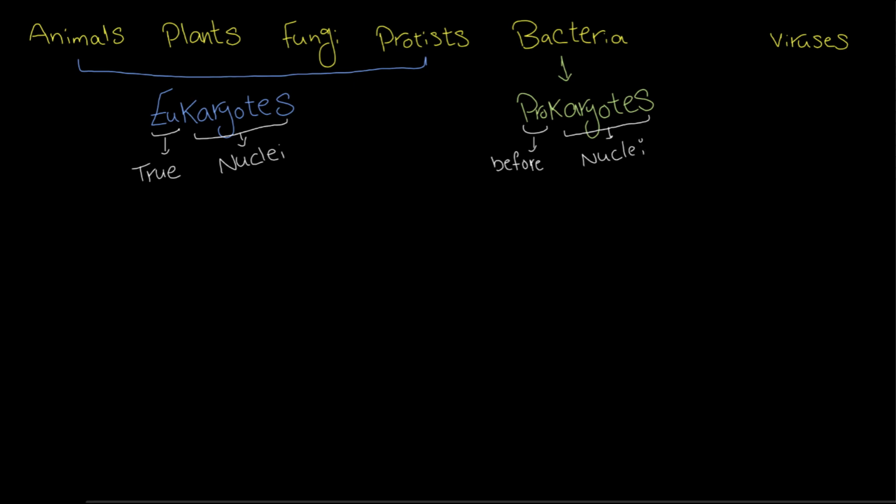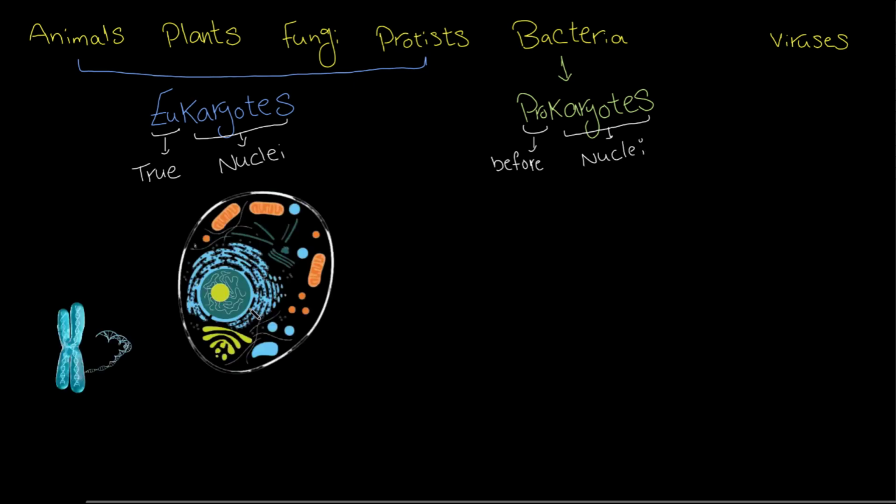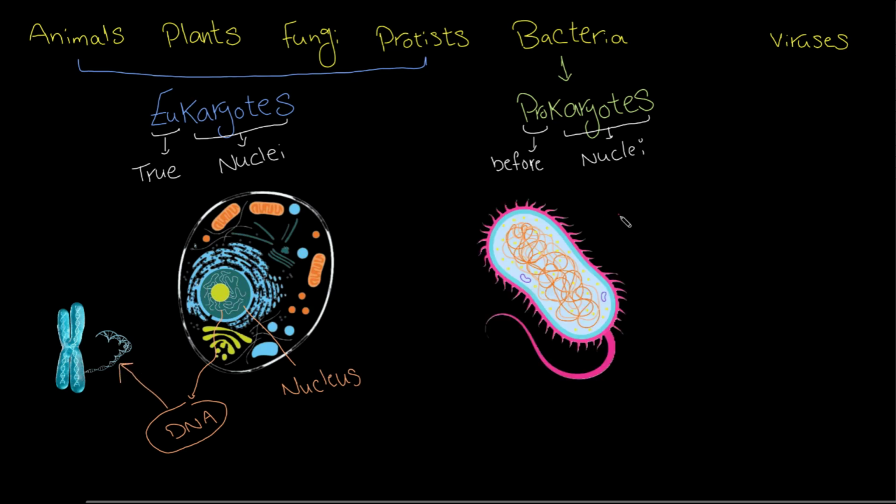And by saying those are eukaryotes, we mean that they are made up of eukaryotic cells that have some things in common, such that those cells contain a nucleus, and the DNA is found inside that nucleus in the form of chromosomes, while prokaryotic cells have a simpler structure that doesn't contain a nucleus. So the DNA of a prokaryotic cell is found loose in the cytoplasm.